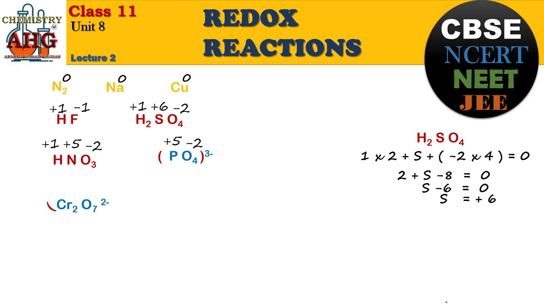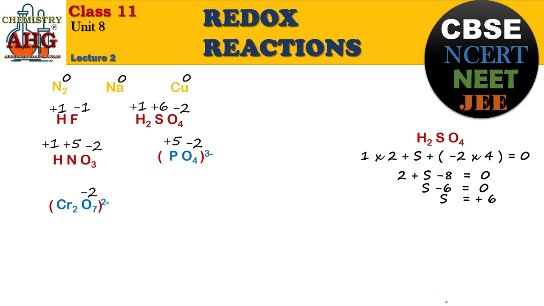Okay students, if you have found the oxidation state of each element, again as I told you, this charge is the overall charge. So from where will you start? You will start with the most electronegative element out of these two. Which one is most electronegative? Oxygen. Oxygen is negative 2, but in total there are 7 oxygen, so negative 14.